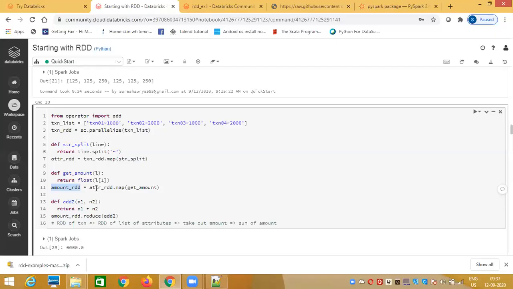Each integer, if it takes 4 bytes of memory, you can imagine a billion integers. Sorry, a float is 8 bytes of memory. So if you have a billion records, you have 8 billion bytes of memory, which will be roughly 80 GB of RAM. Still, you will not be able to solve it on a single computer. You have to think of some distributed computation.